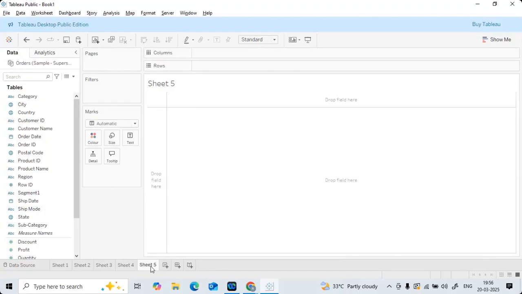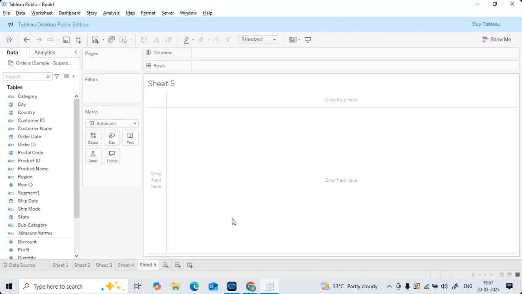Basically, in Power BI, you have something called a canvas, right? Where you can build some visuals. And here, this in itself is nothing but your canvas. But a small difference is there between Power BI and Tableau. In Power BI, in the same page, directly you can put multiple visuals, right? If you want to create one visual or two visuals or five visuals, all the visuals you can put in the same page.